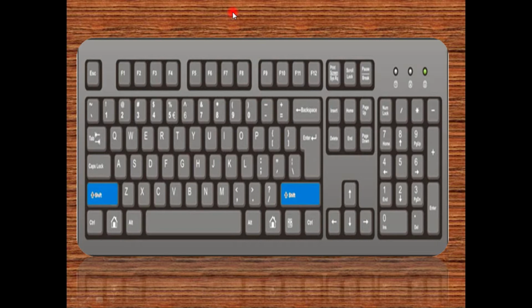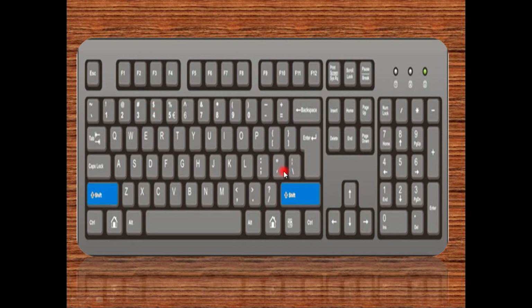Then you can see the QWERTY. Here is Q, started from the Q, and ending at M. This is your alphabetical portion. You can type the words and type the paragraphs through these. And on the top here you can see some numbers and signs. But the question is, how can we apply these keys, and how can we insert both numbers and symbols on the page or anywhere where you want to insert them.